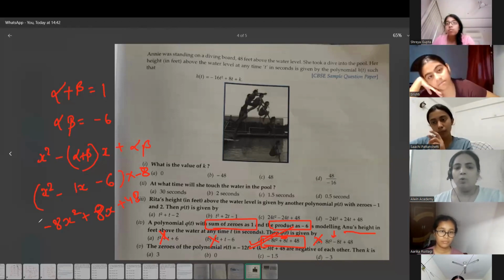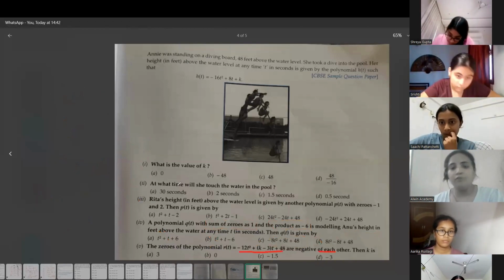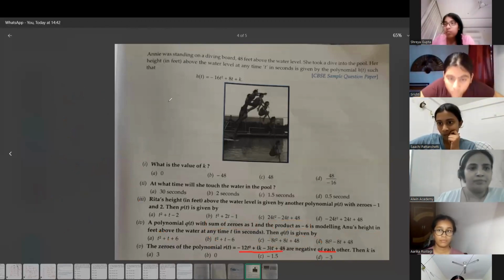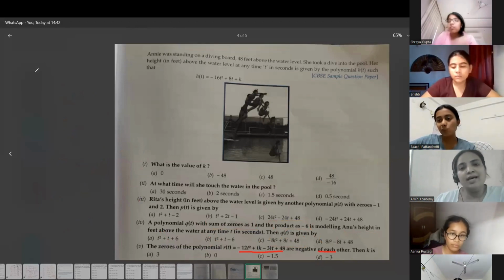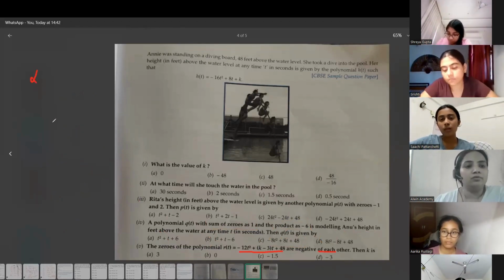Okay, moving ahead. The zeros of the polynomial are negative of each other. Everyone take a note. Whenever in a question they have given you that zeros are